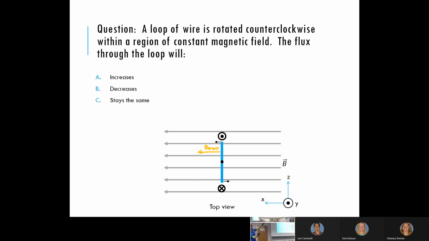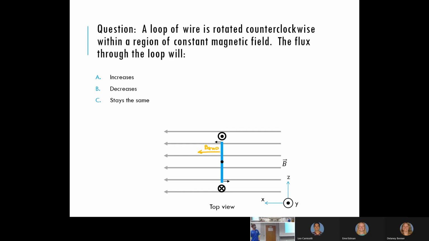Yeah, because of this twisting motion of the loop, less of the external field goes through the loop, and therefore Lenz's law tells us an induced field should try to compensate. Well, based on the direction of that induced field,